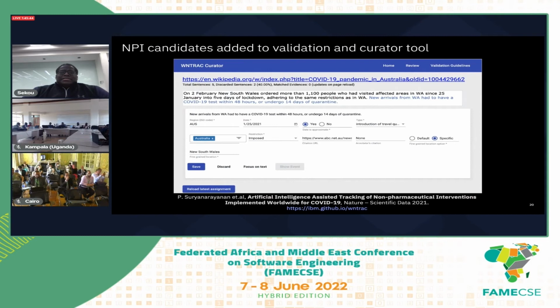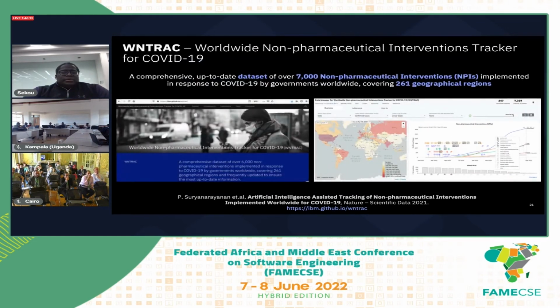We also understood that there was a need to do validation and curation. So in essence, yes, the machines had their role and the machines can do what they need to do, but we also needed to find a way to allow human oversight in a very scalable or flexible manner. So there was another element of the system which involved curation, called the Windtrack Curator tool. If you'd like to see more information about this work, you can do a quick search. We did publish and open source all of the elements that are involved.